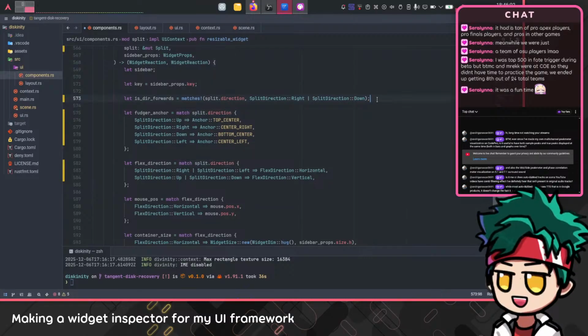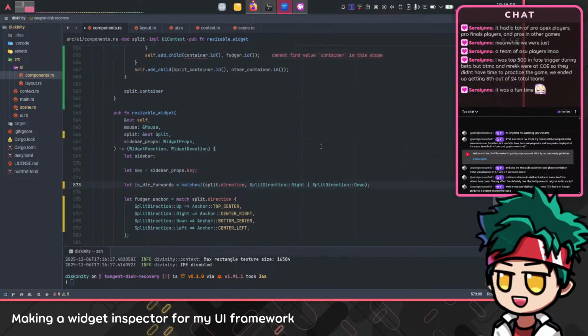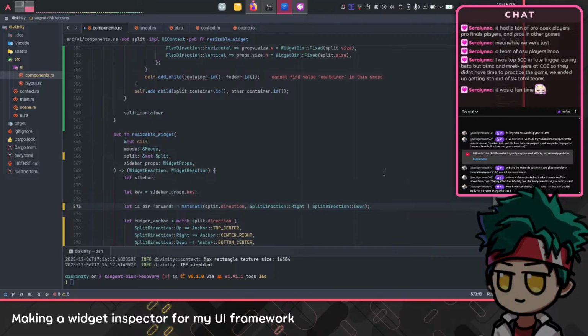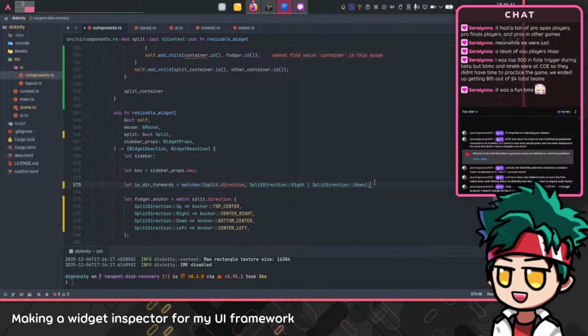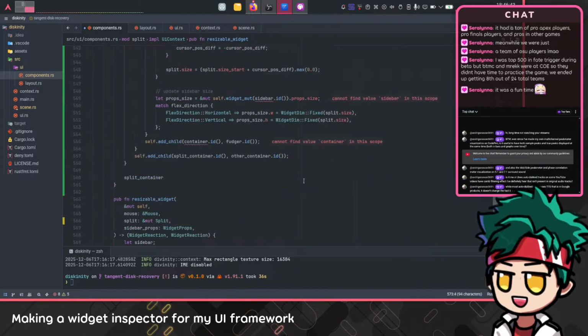Is direction forwards? Oh, yeah, no, I can do it like that. Or I can invert it, I don't know. I'm just thinking of the direction and whether it makes sense that I say that if a split is left, then it's the left container that has a fixed size, or if it should be the right container that has a fixed size. I don't know. I think it's the left container that should have a fixed size. Yeah. So if the direction is forwards,